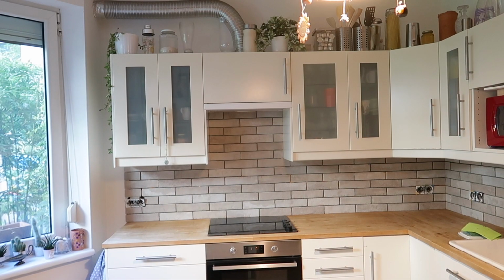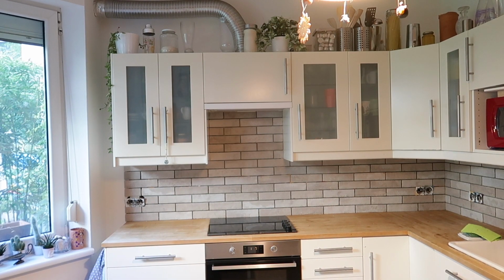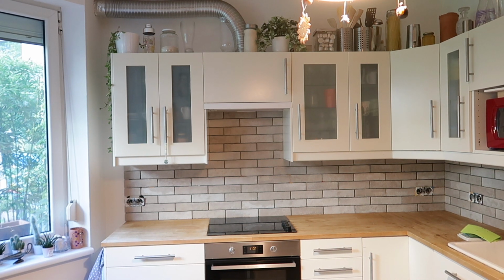I'm so excited. I absolutely love the way it looks, and I'm already planning a few DIYs because there are a few things I want to do for the kitchen counter, and I also want to do something with the fronts. I mean, I do love the fronts. I picked them up myself when I planned this kitchen, but there are a few spots where the polish came off